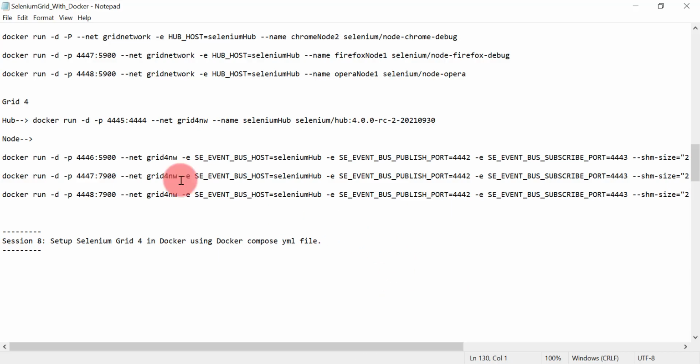In case of running the Docker commands, we cannot scale the containers. That is the big disadvantage of creating the Selenium grid using Docker commands. The best option is to use this Docker Compose YAML file. Just add the services, save that file and run it using the simple Docker command.